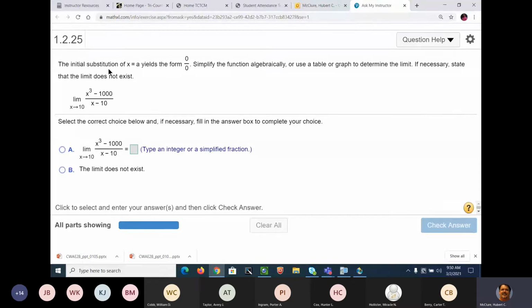All right. First of all, this is the difference of two cubes. You have an undefined function at 10. So you might as well go ahead and write that down. Limit as x approaches 10 of x to the third minus 1,000 over x minus 10. So the first thing you're going to do is